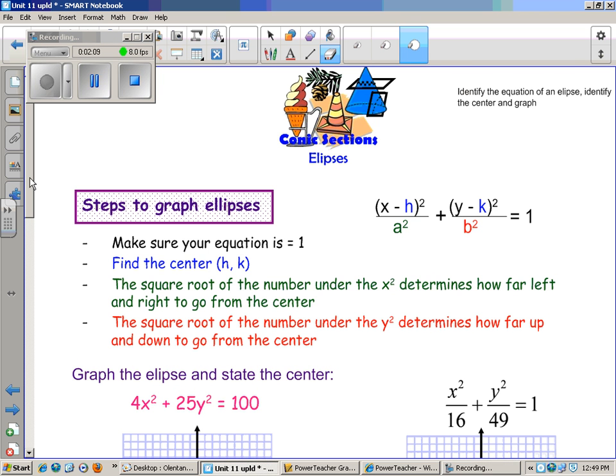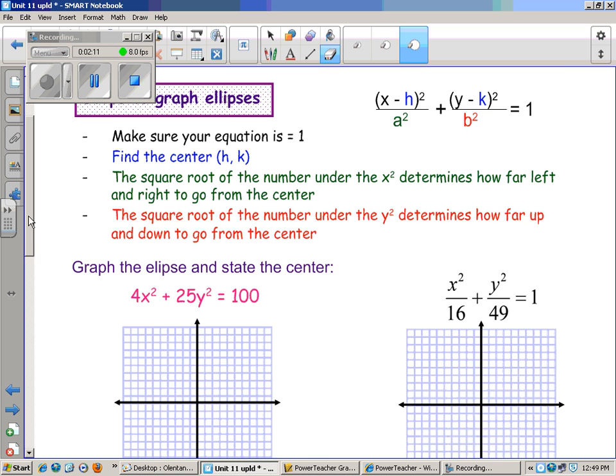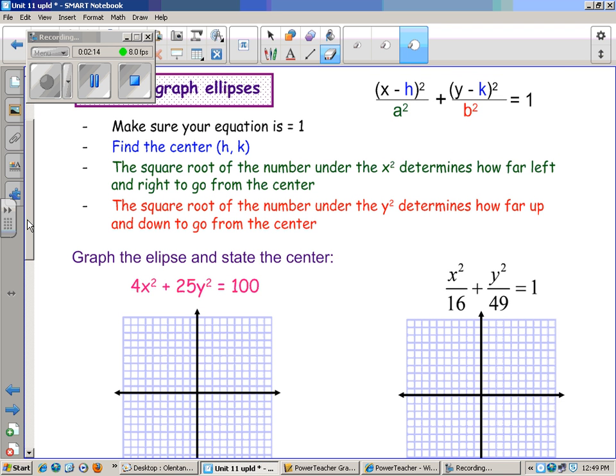All right. So I feel like doing one is probably the best way to demonstrate it. So first of all, this is the hardest one I can think of. What's wrong with it first? It's not equal to 1. So what am I going to do? Well, I could subtract 99. That makes it harder. Divide by 100. That's the other way, right? Either way would work, but dividing by 100 is going to make the math easier later. So I'm going to divide by 100